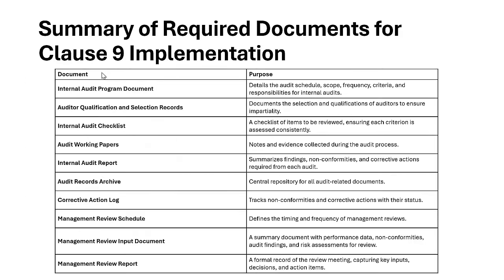So clause 9 has some documents, for example the internal audit program, which talks about audit schedule, scope, frequency, and auditor qualification and selection record. So you have to demonstrate the procedure, how you selected the auditor, audit checklist to be reviewed, audit work papers, and evidence. Like if I'm doing an audit of the change management process, I have a change management log, that is my work paper, detailed report, audit archives, corrective action logs, schedules which define the frequency,